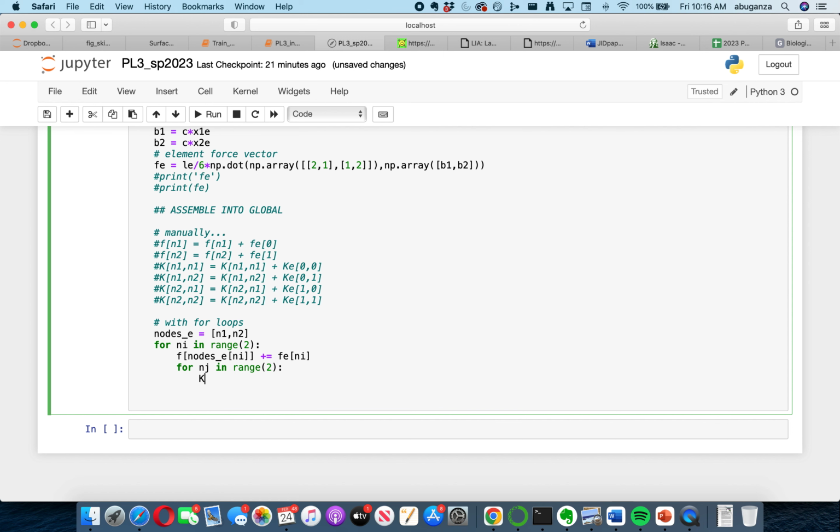So I'm gonna do this. And so K of nodes E and I, nodes E and J, plus equal Ke of I and J. Again, these two for loops, now Ni and Nj, will do basically these 4 lines. So I mean 6 lines here, 5 lines here. So I really only saved 1 line for this particular problem, but in 2D or for quadratic elements, for